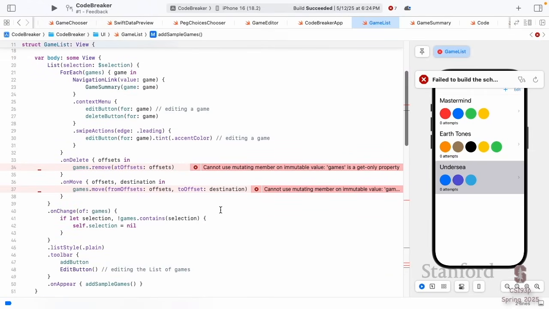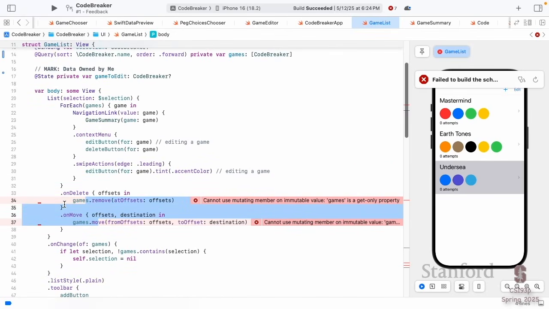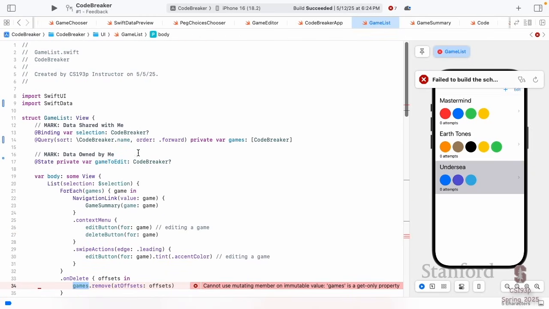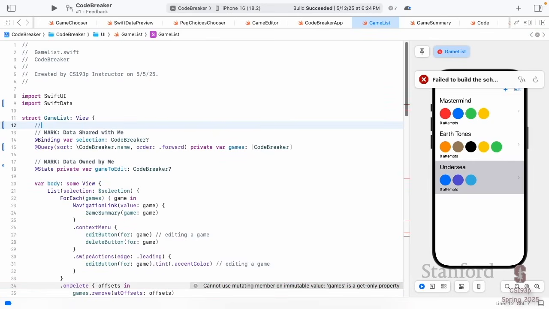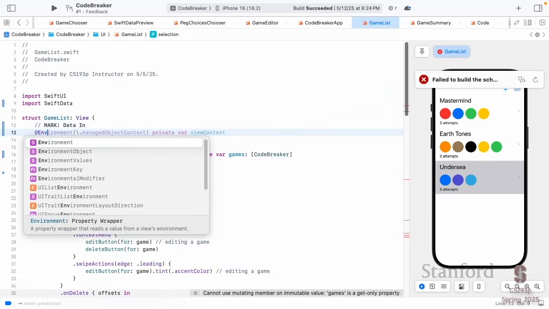and showing me what's in the database at all times. But it's really easy to fix all these things because instead of interacting with the games array, we're going to interact with the database. We're going to go to the database to do these deletes and inserts. And how do we do that? Well, we know how to do that. We're going to have a @Environment